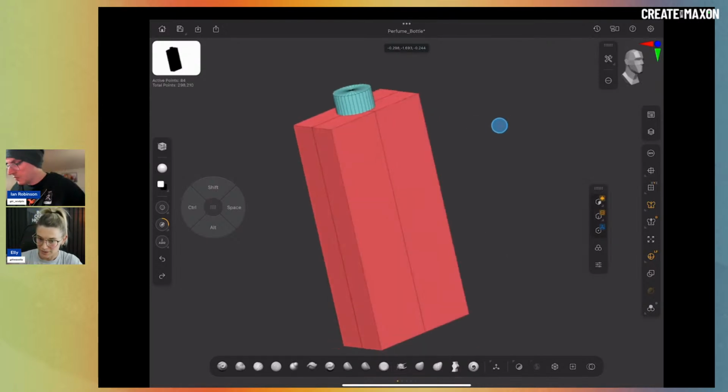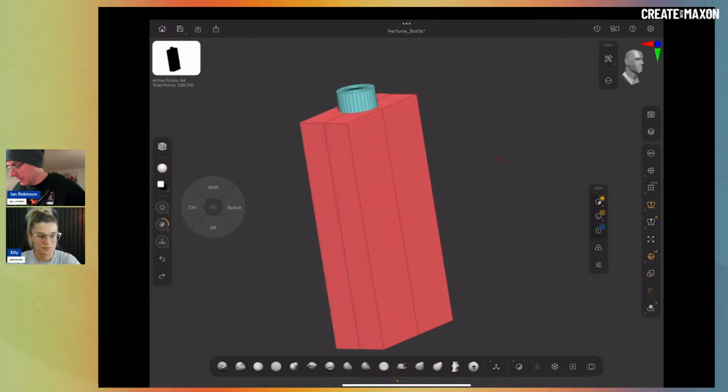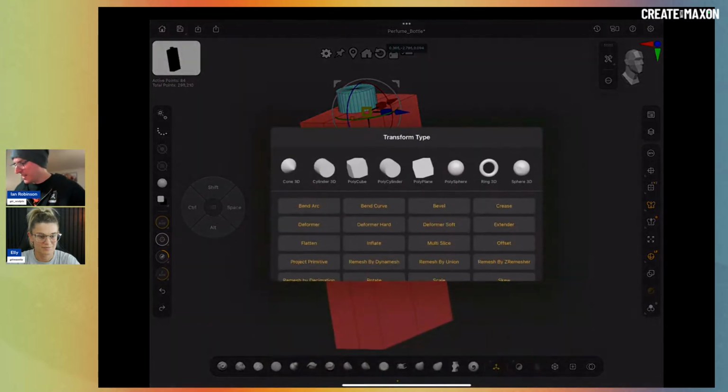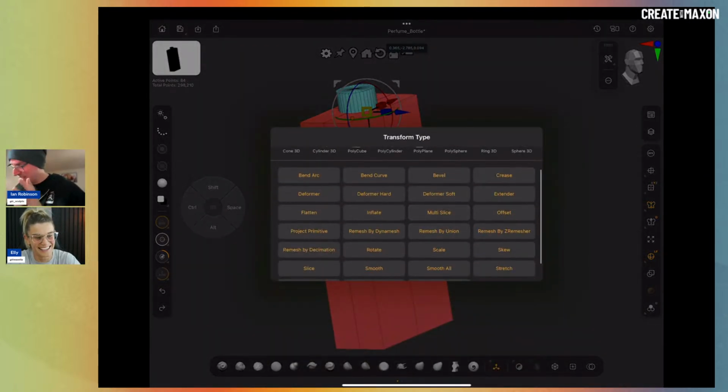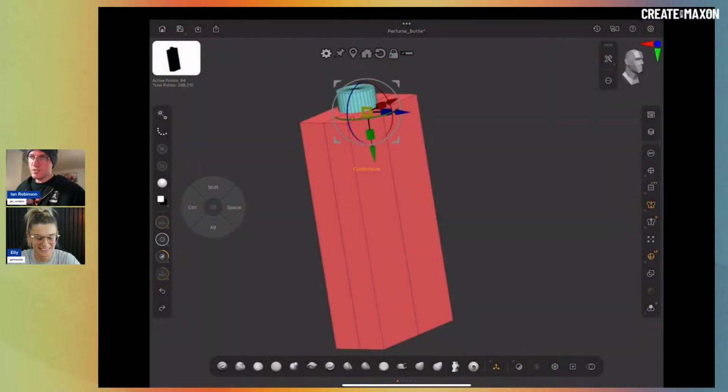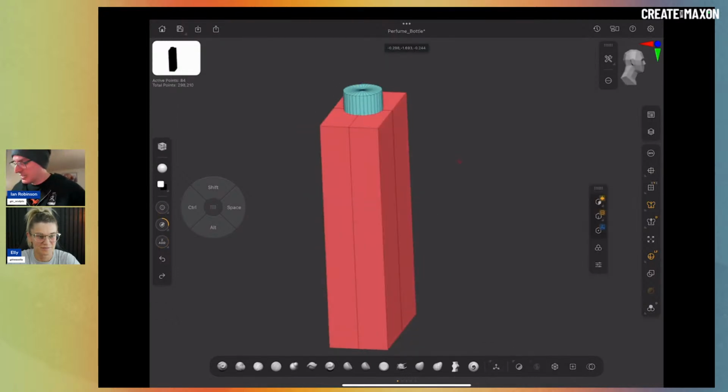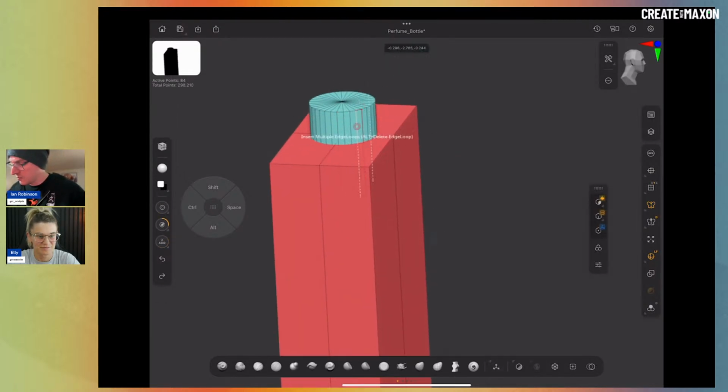And the way I stitch this together is actually using Sculptress. So here, I do want to point out that Sculptress, sorry, not Sculptress. Wow, yes, we are good today. Remesh by Union. That's what I want to end up using. Remesh by Union is what we're going to be using,